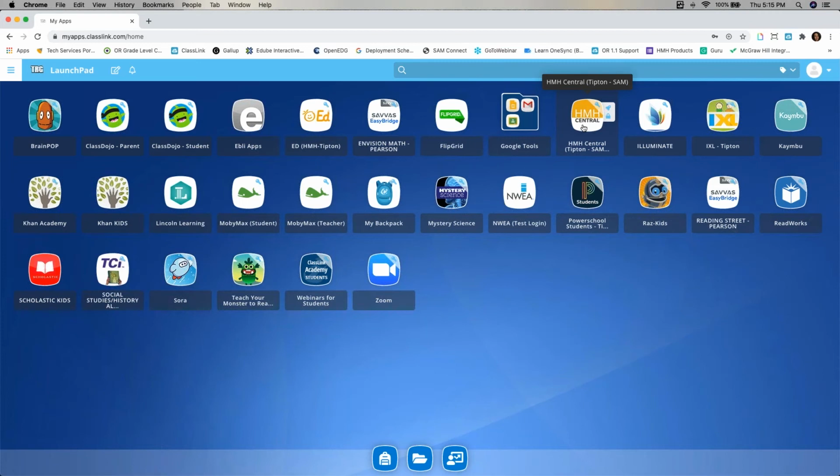So if there are resources that you open every single day, whether that's your email accounts or one of these resources, you can set that to auto launch. It will automatically open. It's going to log you in because it has your credentials, and it's going to fully load for you. So you're going to be ready to rock and roll once you log into ClassLink for the